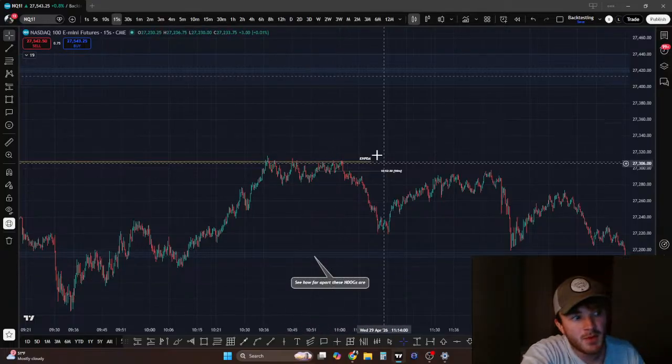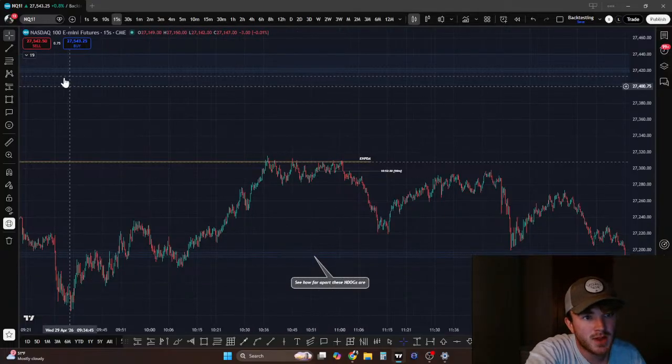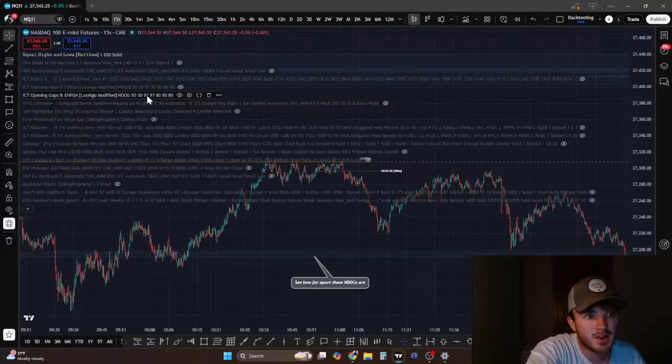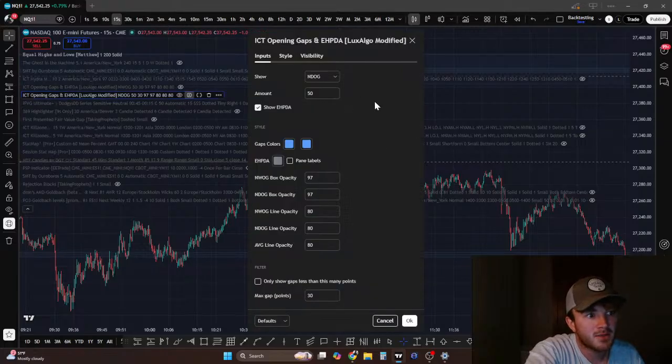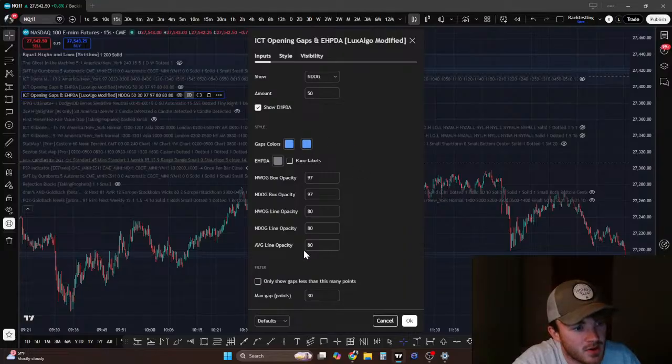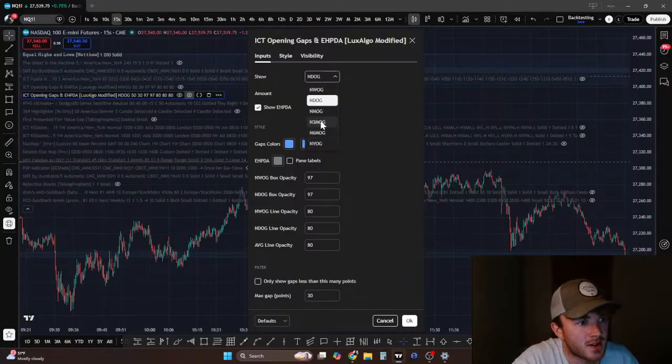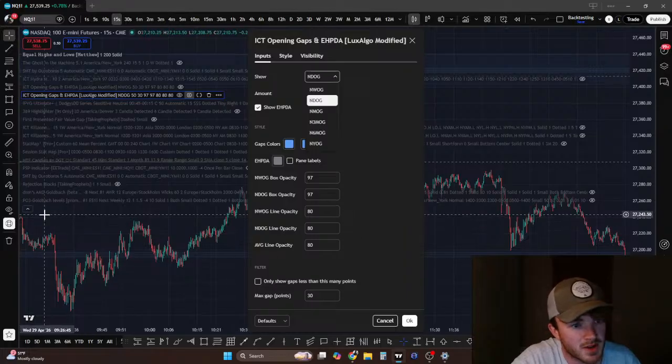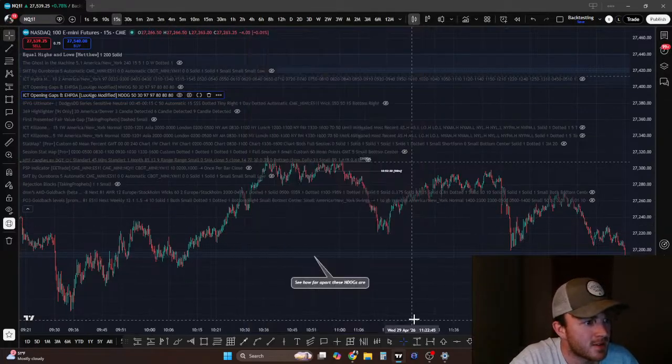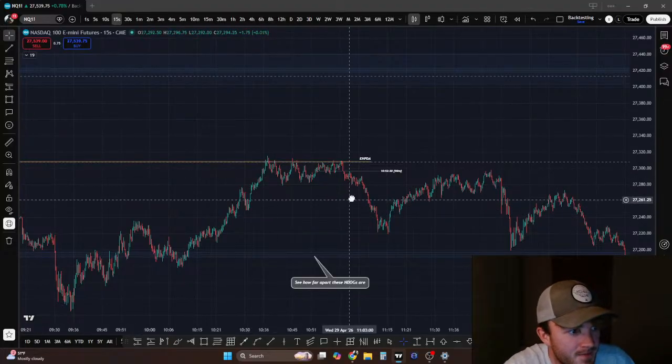EHPDA means the midpoint between two new day opening gaps. You're going to want to get the Lux Algo new day opening gap indicator. It's going to mark out all the new day opening gaps on your chart. Or you can get mine if you get the membership, you get access to my custom one, which allows you to make custom settings like turn the opacity down, only show a certain amount of gaps that are smaller than this many points, and also you can look at higher time frame, new 3-month, new 6-month, and new year opening gaps as well, and new month opening gaps. So there's more benefits to the one that I made.